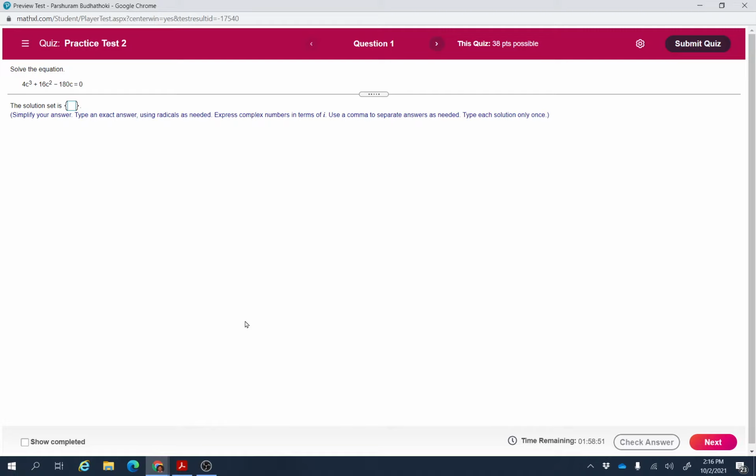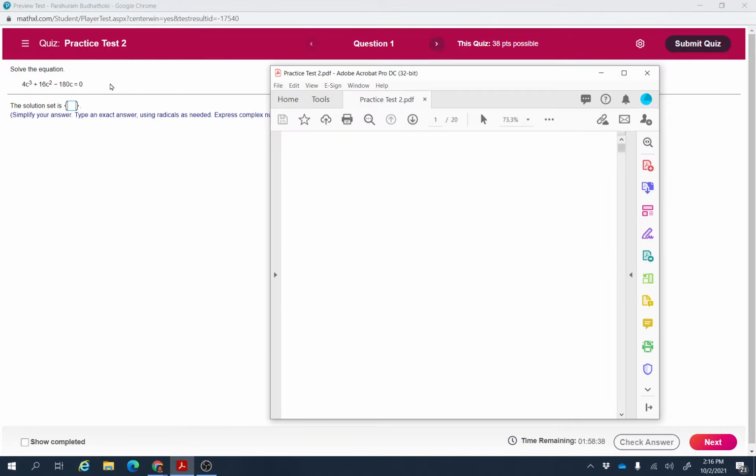So we know how to solve linear equations, we know how to solve quadratic equations, but this is a cubic equation. So we need to somehow reduce this equation into a quadratic or linear. One way of doing this is to factor out the greatest common factor. In this case, if you look at the problem, you can factor out